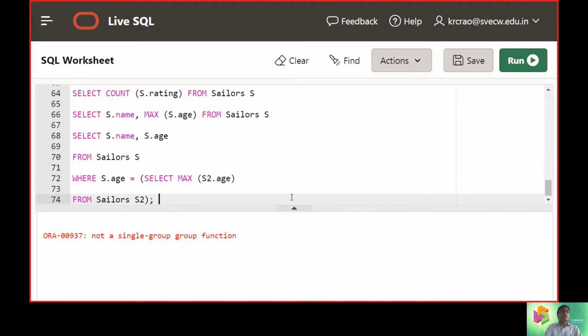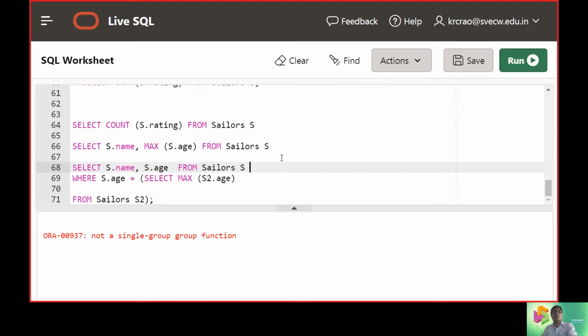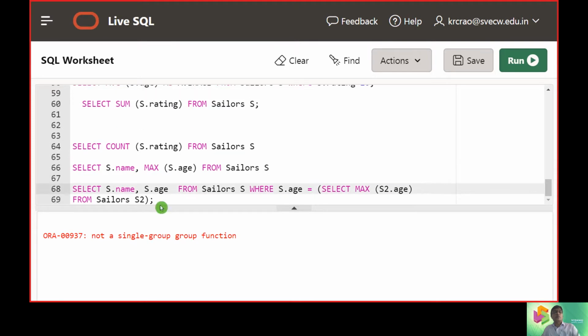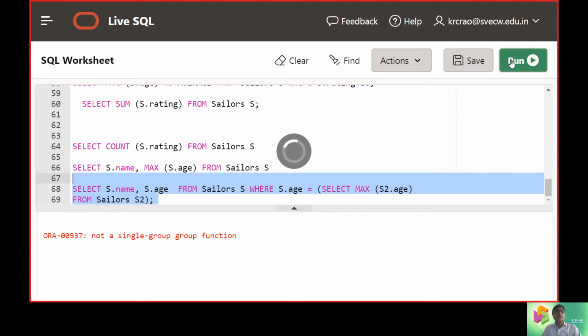We will improve the query in this way and see how it goes. Now you can see Bob and 63 are coming.